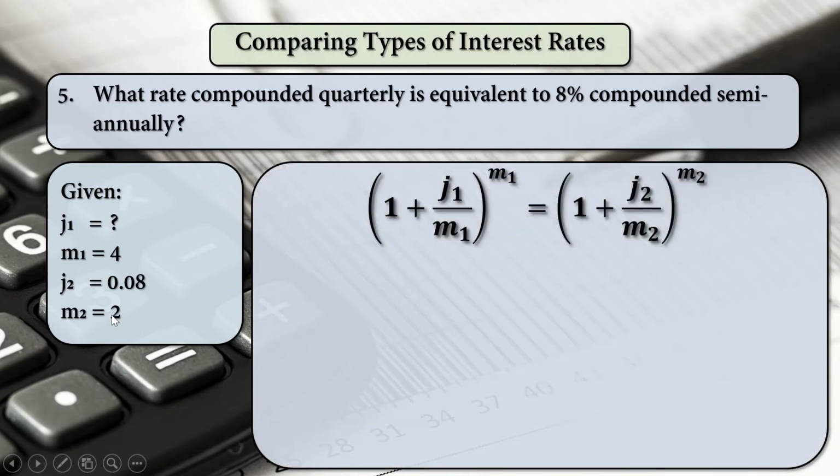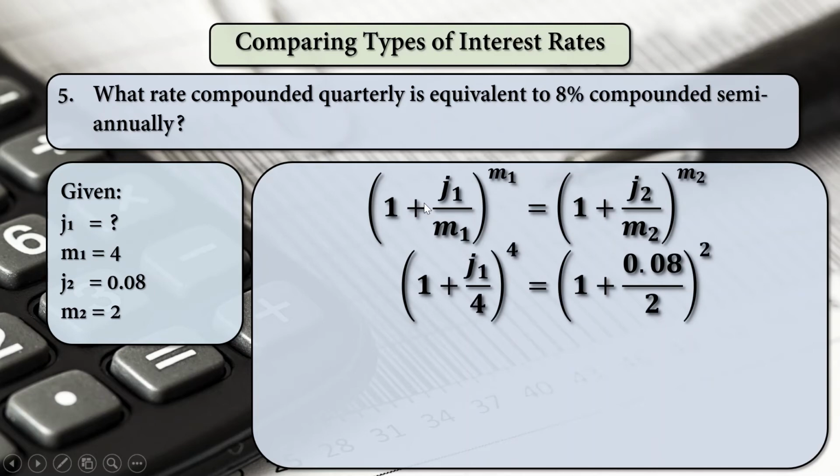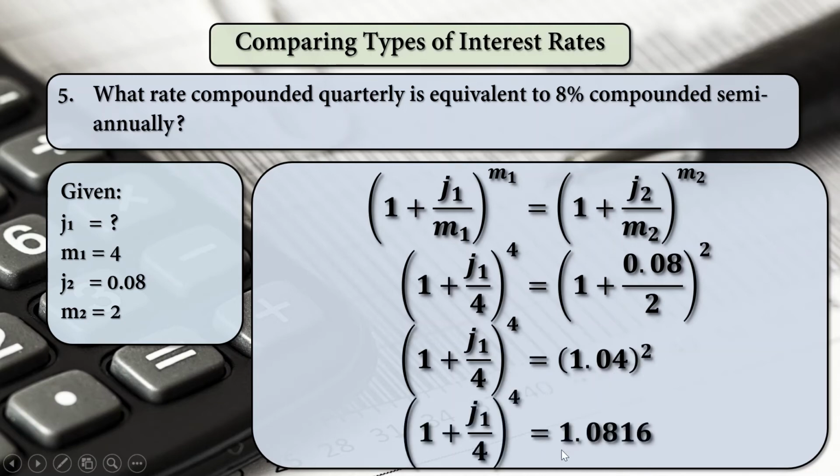And so using this formula in finding J1, substitute the values. Our M1 is 4, our J2 is 0.08, and our M2 is 2. And then 0.08 divided by 2 is 0.04 plus 1, that is equal to 1.04. And then 1.04 squared, that is equal to